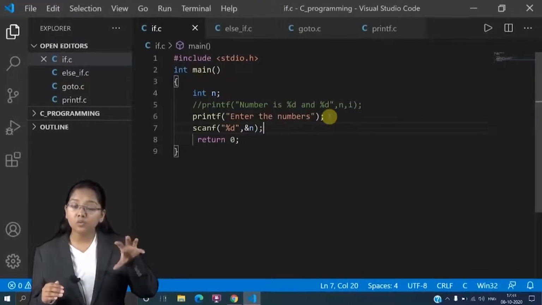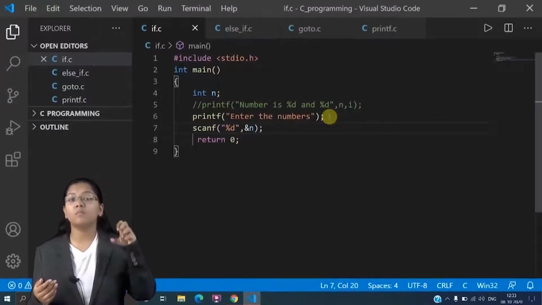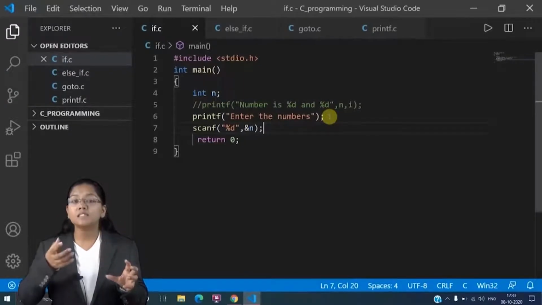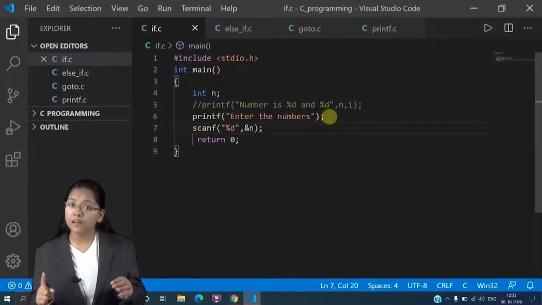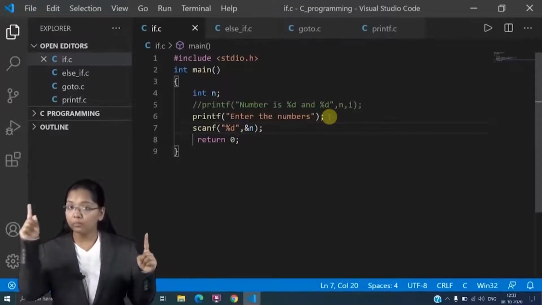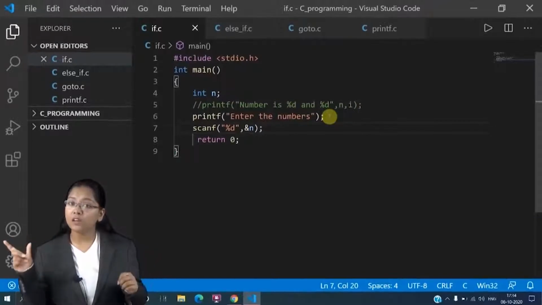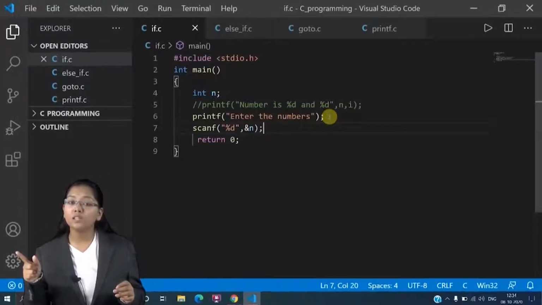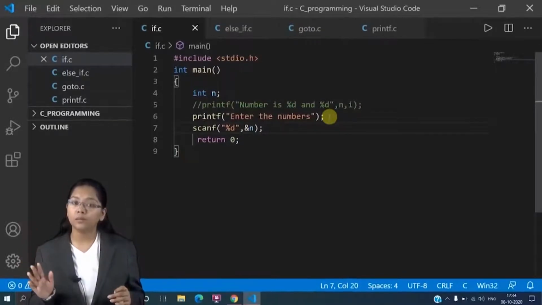That value which I am going to give should be stored in my n variable, and hence there I have used an ampersand. Ampersand is used to assign the particular value to a particular variable. Here what is my variable? n. So this 10 will be assigned to my n variable. Now whenever you are calling this n variable in your code, the value of n is 10, because in scanf I have stored this 10 value in my n variable.